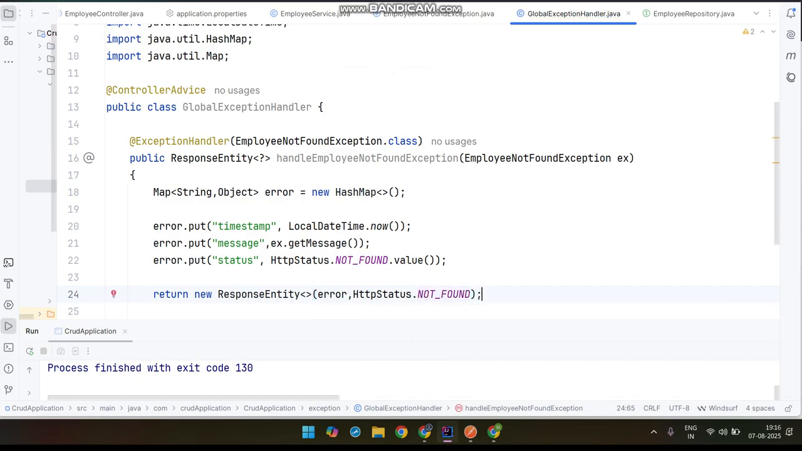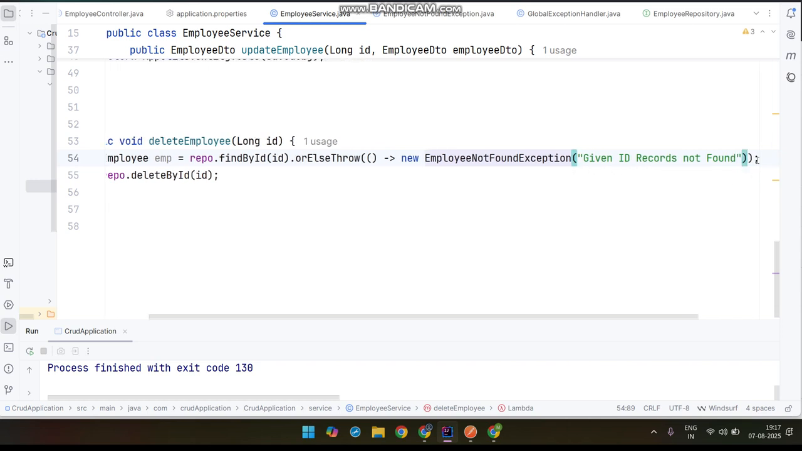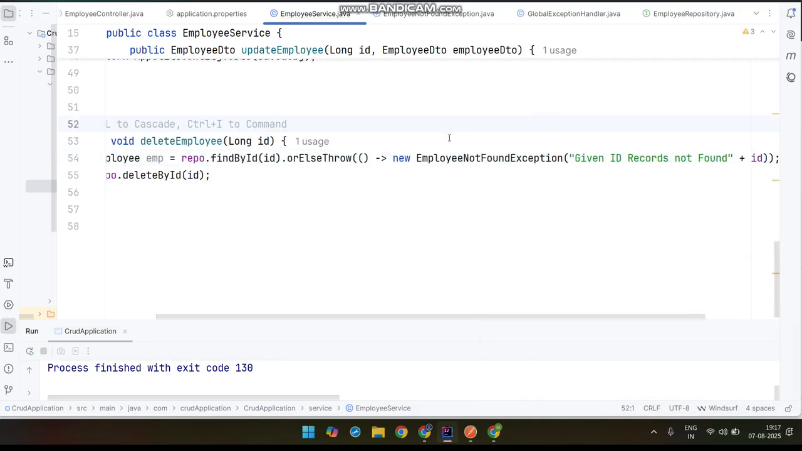Done here. See here, it is simple, nothing much I have done. Now we will be throwing this exception everywhere in the service class. Instead of this, we will be throwing EmployeeNotFoundException. And one more thing we can do, we can just add the id here also, like what id the data was not found. Then